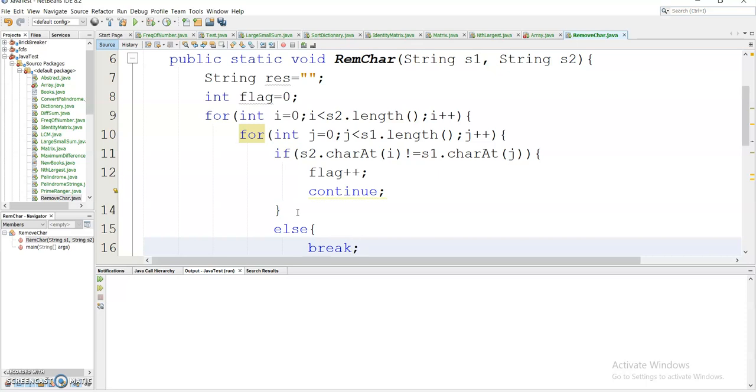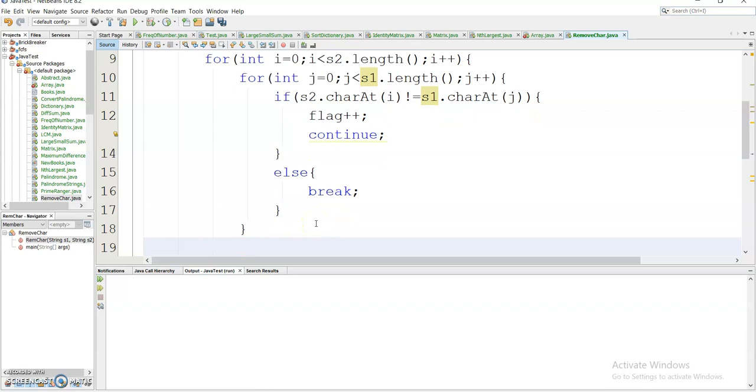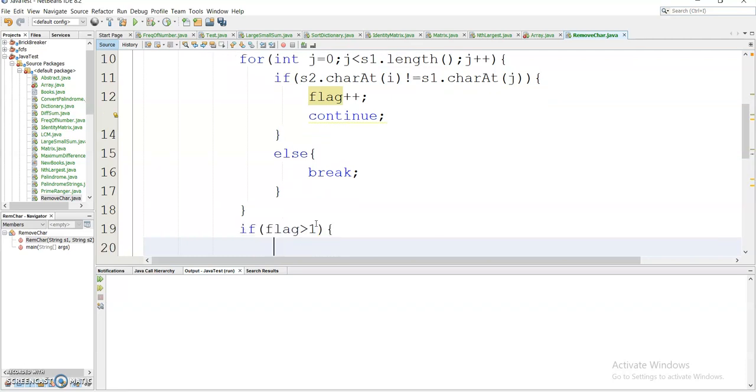And in the else part I will use the break statement, because whenever I encounter a character which matches, then I need to break the loop and continue searching the other elements. So that's why I've used the break statement here. And outside this for loop, I will write the statement if flag is greater than 1, that is, the value of the flag is more than 1, then I need to store that character.